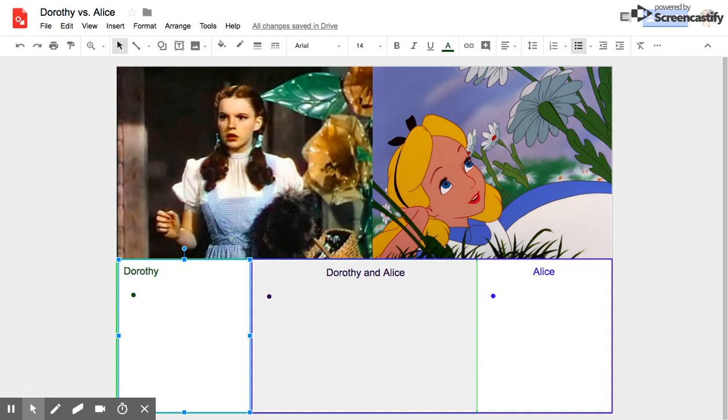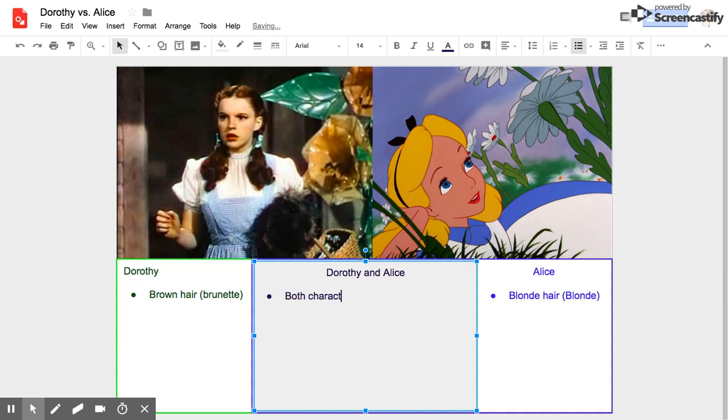Just quickly looking at the images, I know that Dorothy has brown hair, which is also known as a brunette. Alice has blonde hair, which is also known as a blonde. You may focus in on a similarity. Both characters